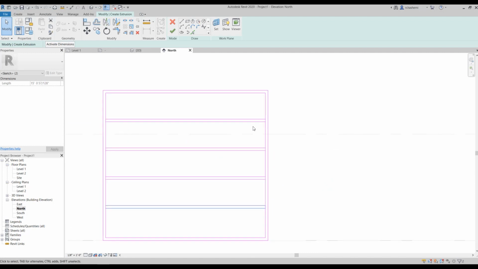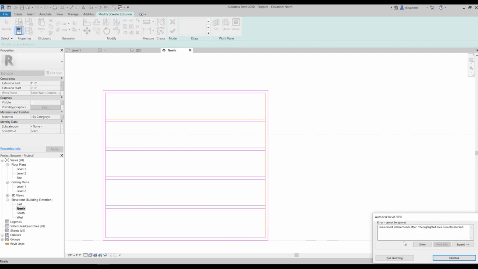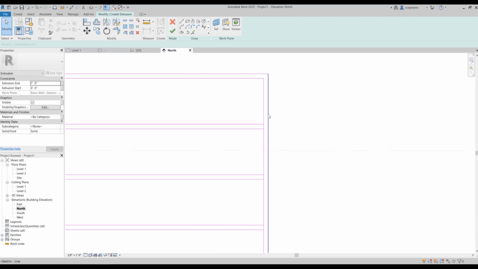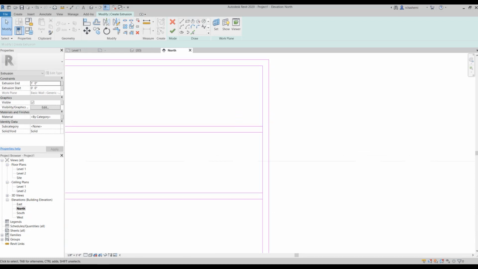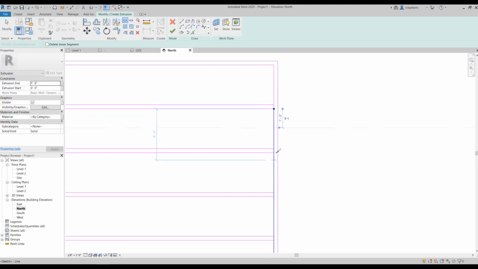Now, if I hit check here, Revit will show me an error. So let me show you. Okay, so lines cannot intersect each other. So we need to clean these areas. Okay. So I'm gonna split these and then delete them later.